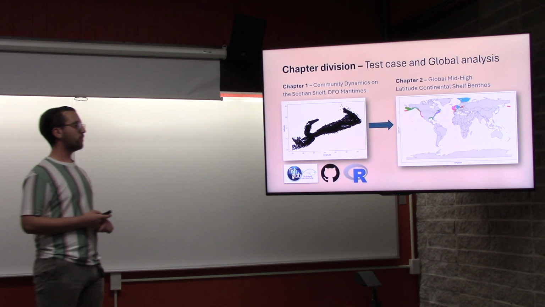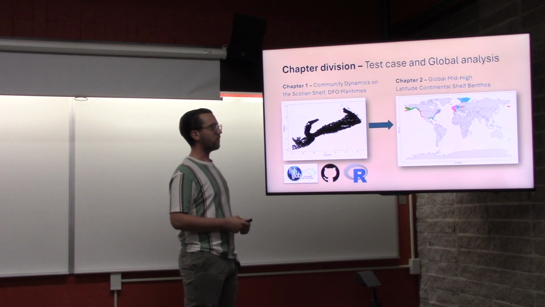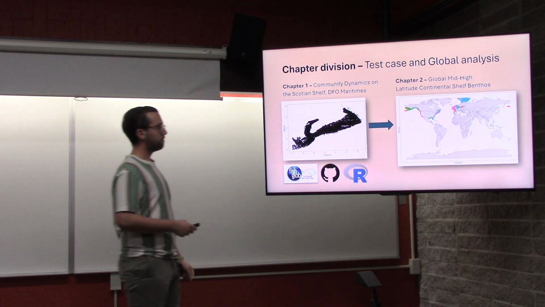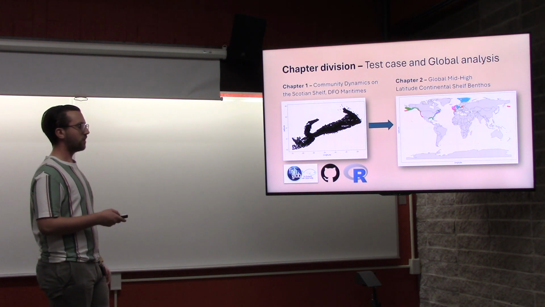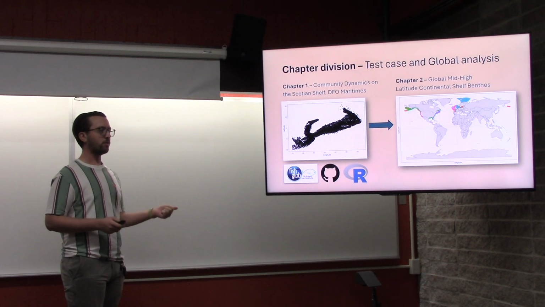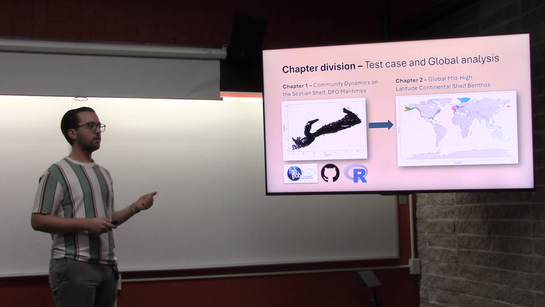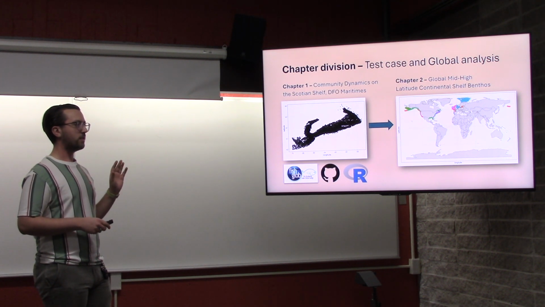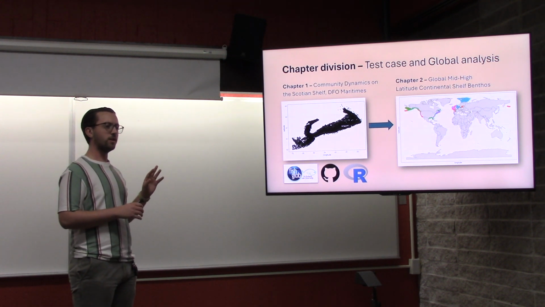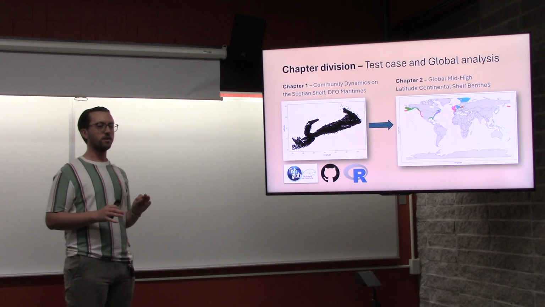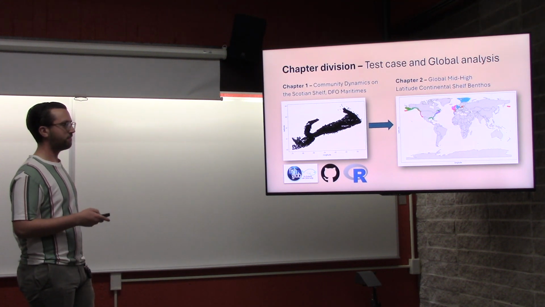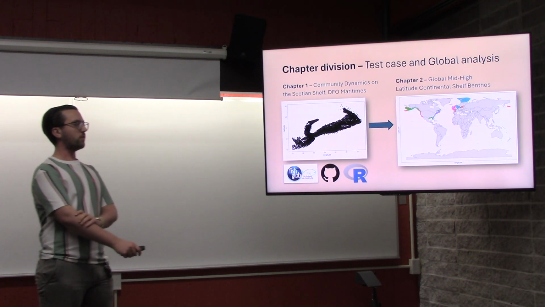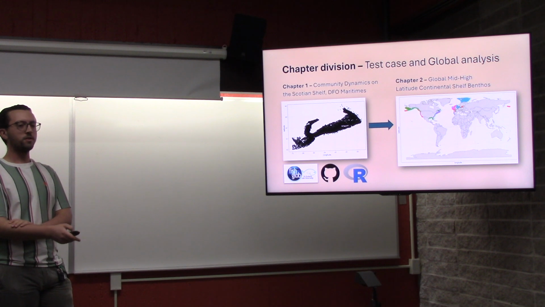So the 2 chapters: the thing I've started so far is looking at the Scotian Shelf, and that's just one region of all the different colored regions in the data set. I use the publicly available data set that's on GitHub that anybody can access. And that was a big point for the creators of this, the size of this data set, which is about 2.8 million lines. That's like 30% of all the trawls conducted ever, but most of them are restricted to not open access, which is unfortunate. And then in chapter 2, all the stuff that I figured out in chapter 1, I'd like to apply using the functions I wrote in R to new survey regions.